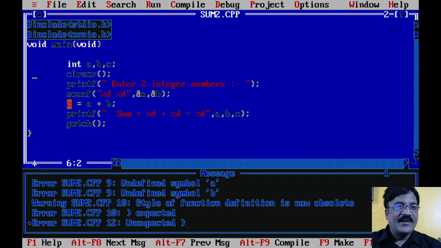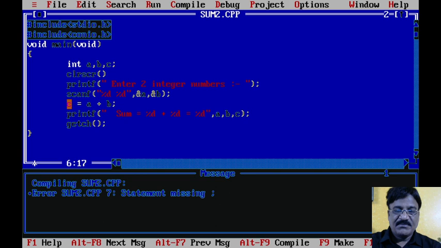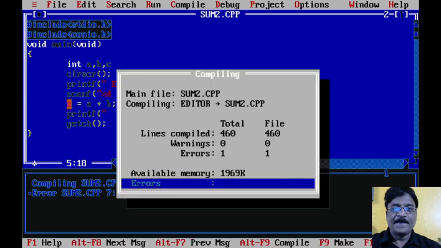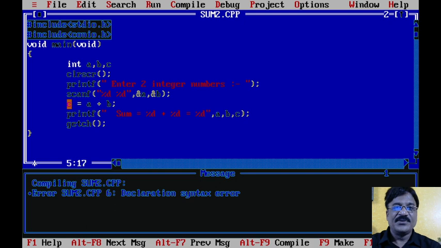So specify it. Now assume that I forget to give the semicolon over here. Statement missing semicolon, that's good. But now assume if I forget to give it over here, then declaration syntax error, it is not about a semicolon. So this line is referred to as a declaration line, so it means there is certain error over here. Some errors are not user friendly to understand. In the previous case we have seen that the message is statement missing semicolon, which is very easy to understand. Now here also we have committed the same mistake, we forgot to give the semicolon, but we got a different kind of error message.